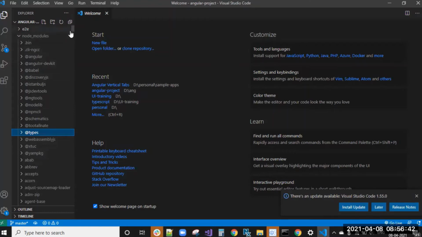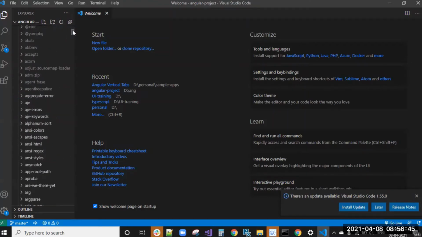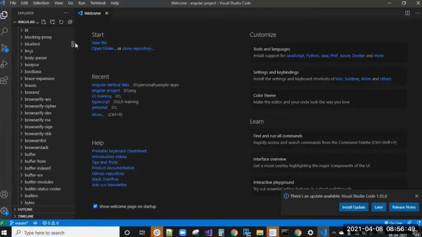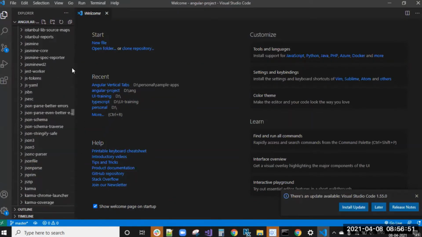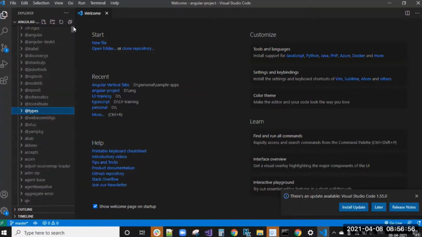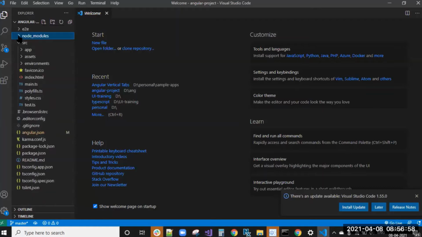Like that, whatever packages are required to run an Angular application will all be installed, so you need not think about this. It is not that important, so we will always exclude this node_modules folder.